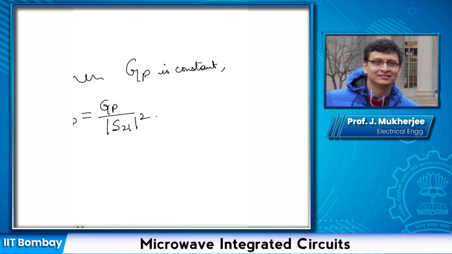Okay, so this is the normalized power gain, and if this is true, then the locus of gamma L, for